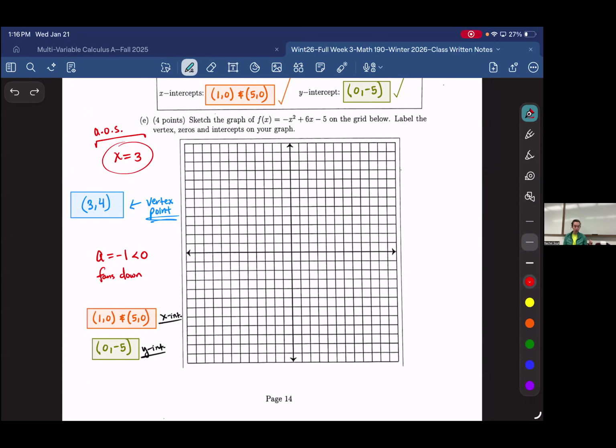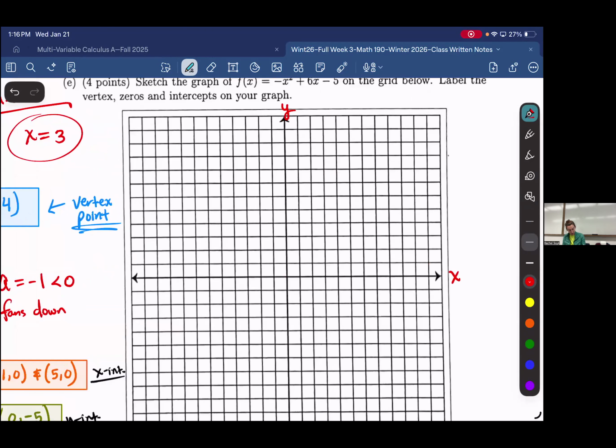Before we even start graphing, let's label our x and y axes, label the origin, put in a proper scale,